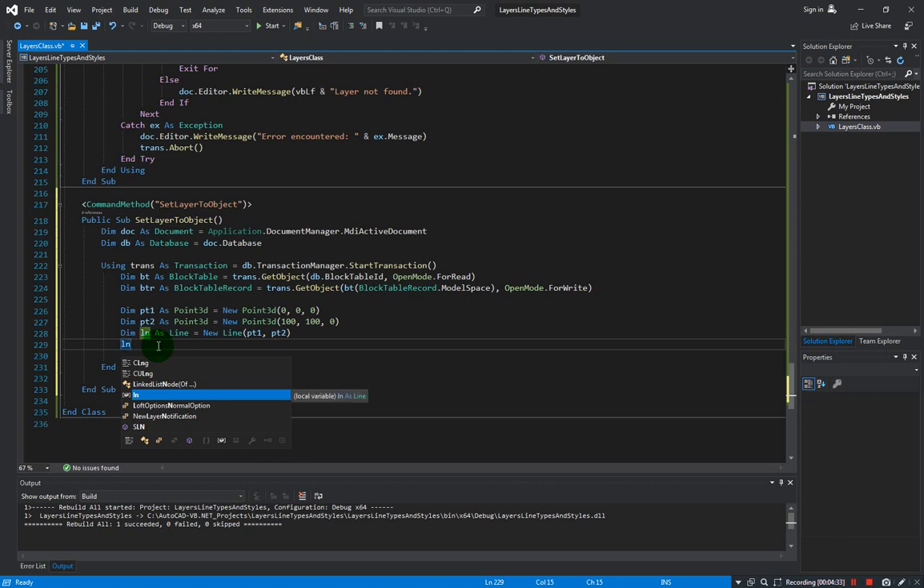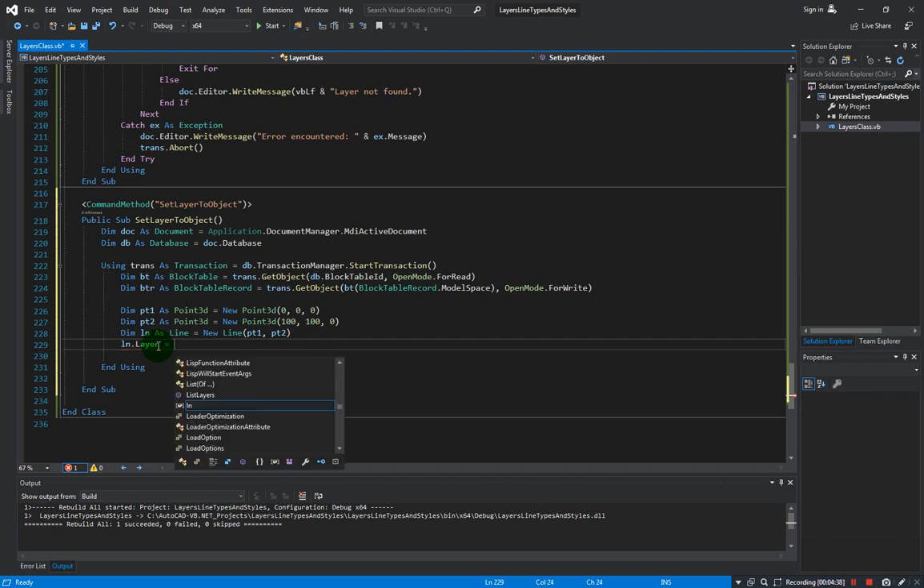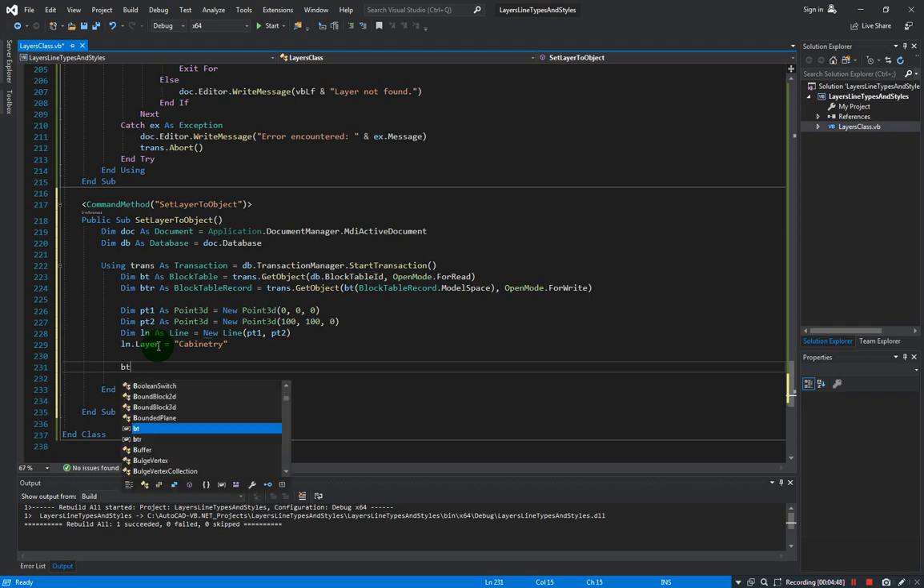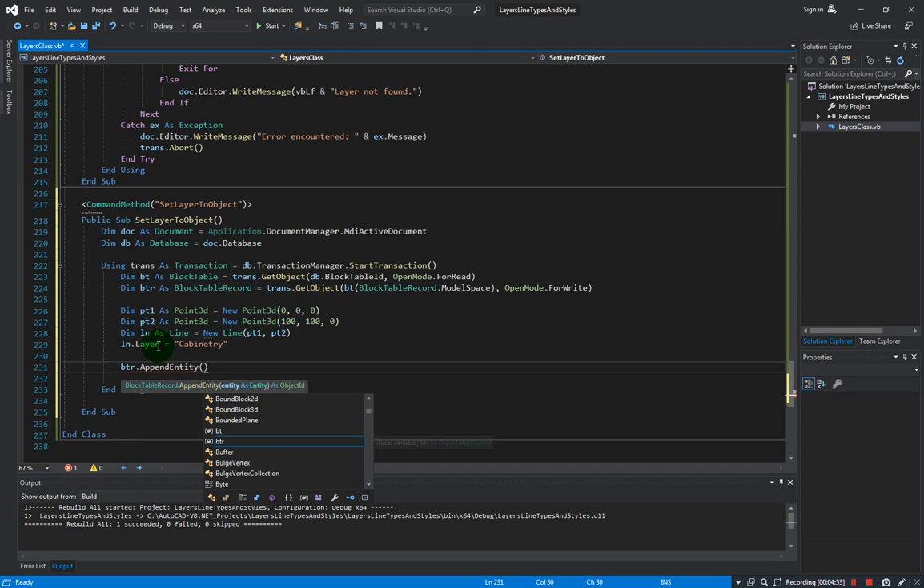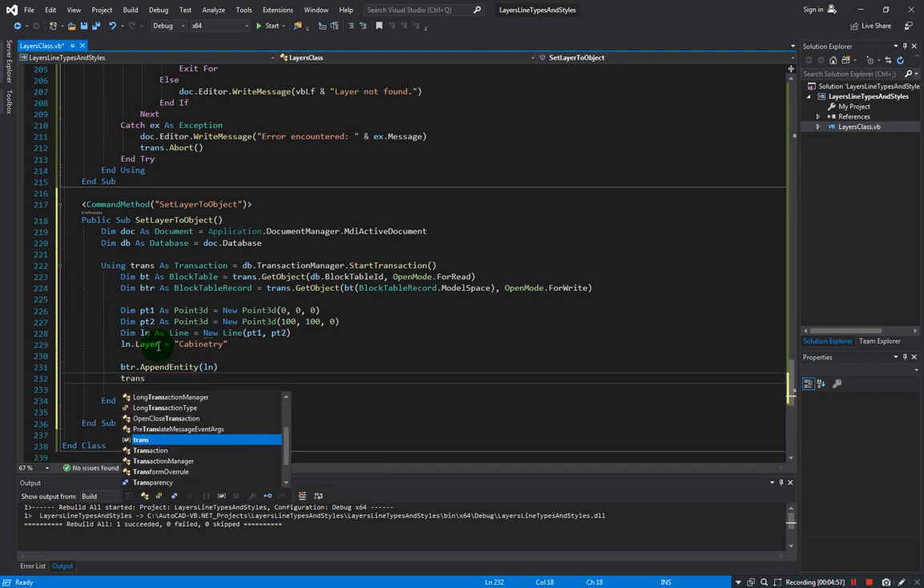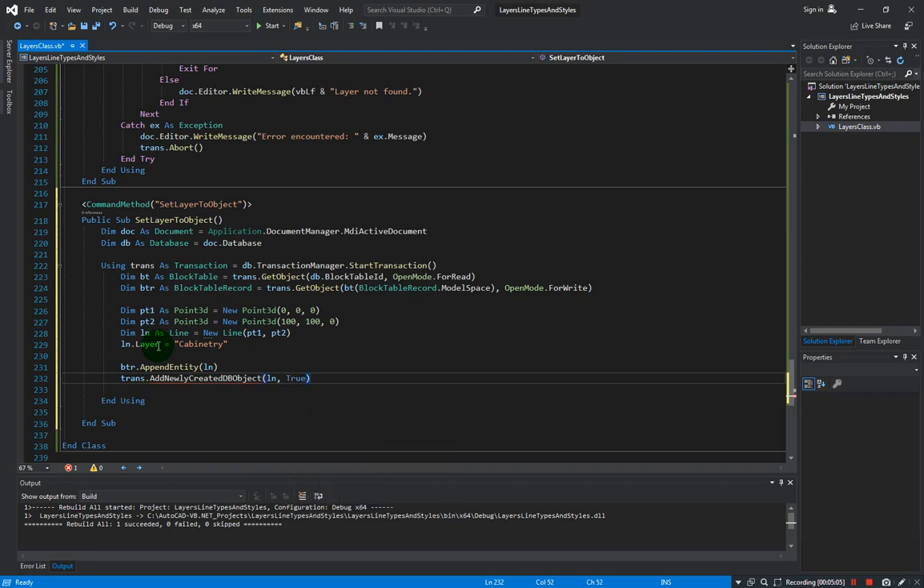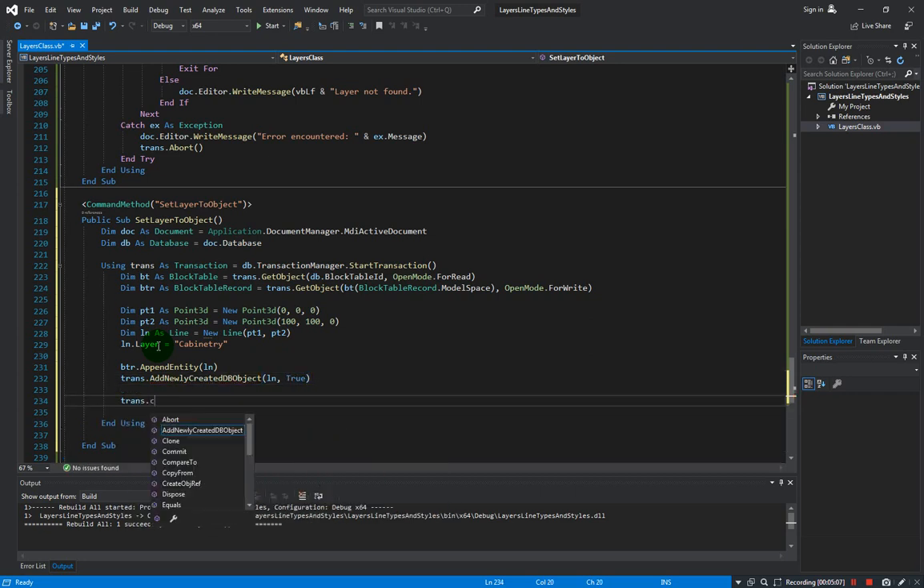Now that we have the line object here, all we need to do is assign a layer to the object. So ln.layer, let's say any layer from the existing object, cabinet 3 for example, and then all we need to do is append to the block table record our newly created line object, and add to the transaction. And of course, we need to commit the transaction